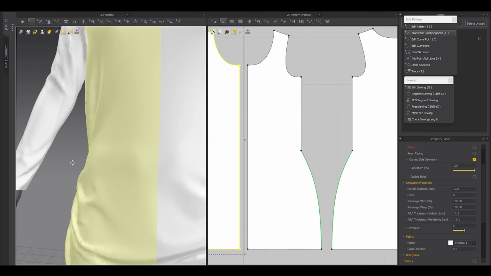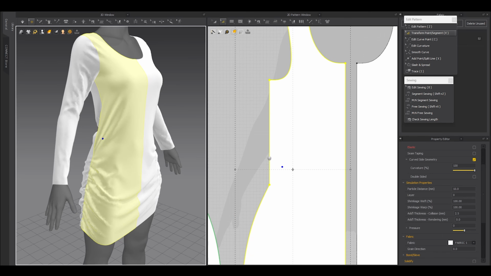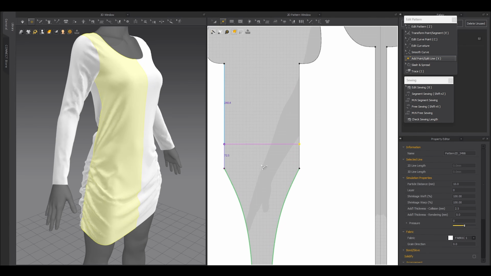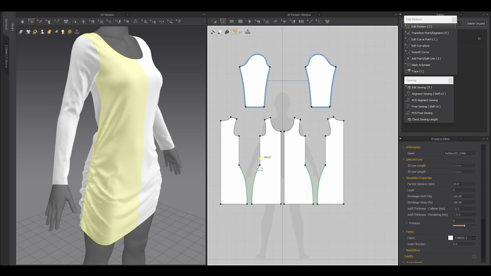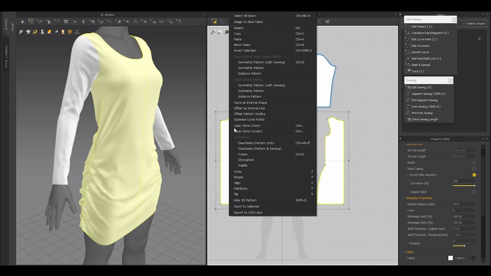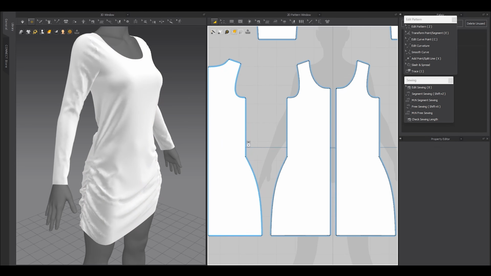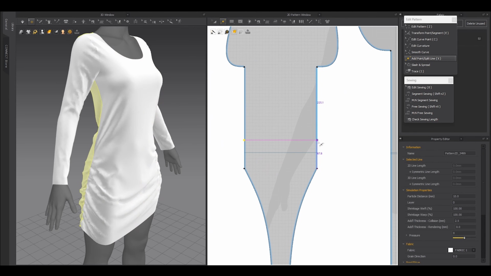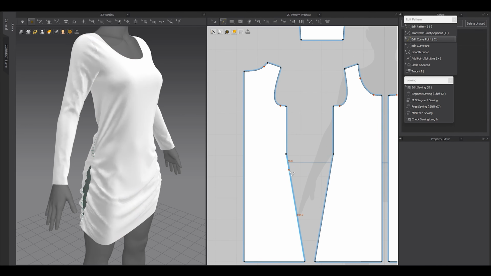Okay, I made a little mistake. I want to add a point here, not in this hip area. So yeah, just forgive me for that. So it may be a little bit more work, but anyway, I'm gonna be quickly making the symmetric pattern with sewing, and then I'm gonna add a point here and here. Then I'm gonna remove this and I'm gonna make